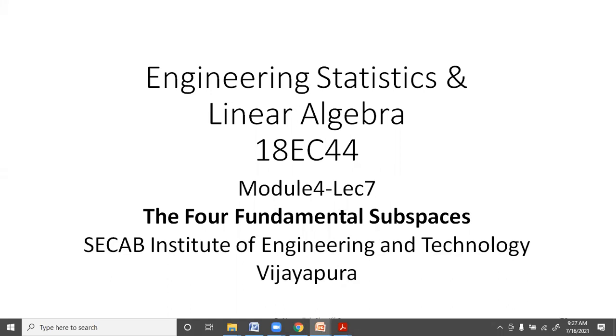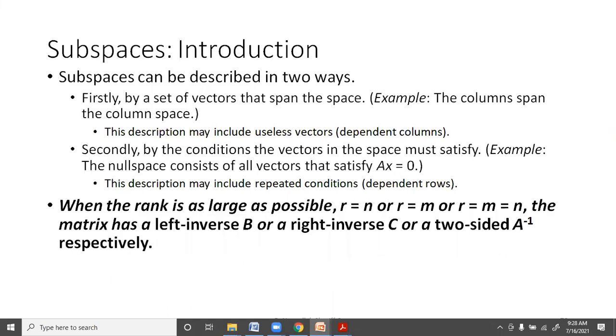In addition to the column space as well as the null space, which we'll also discuss briefly, along with the terms associated with them. As far as the column space and the null space are concerned, that will just become a review, and taking a cue from there, we can discuss the other 2 fundamental subspaces, known as the row space and left null space. Okay, what are these? We'll see slowly.